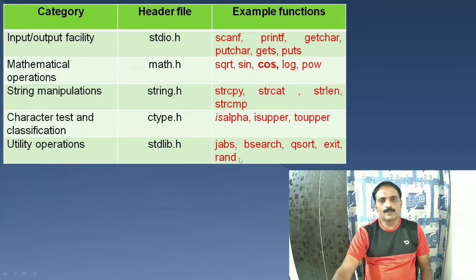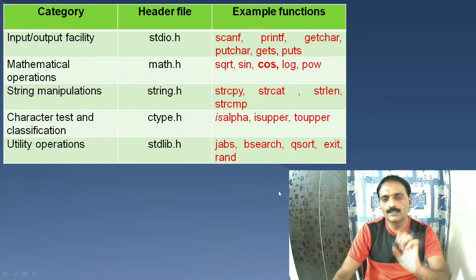Similarly, for utility operations: abs, bsearch, qsort, exit and rand, that is, quicksort and binary search, exit and random, absolute. In order to execute these functions, we are going to use the header file stdlib.h. So here I am going to illustrate some more explanation regarding this